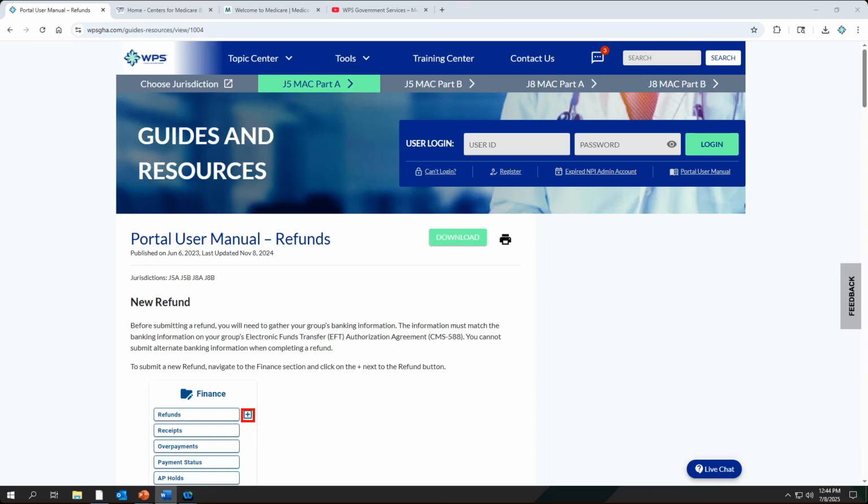The next question we got is, again, can we let the overpayment be recouped automatically? Again, the recoup is simply when we just start taking the money back, and the answer is, it is not your best option. However, yes, you can do this. We will not begin this until day 41. So see that time frame chart that I had before, and that's when we will start the recoupment.